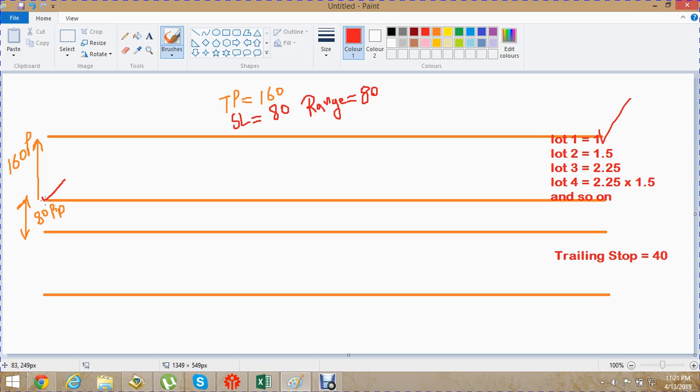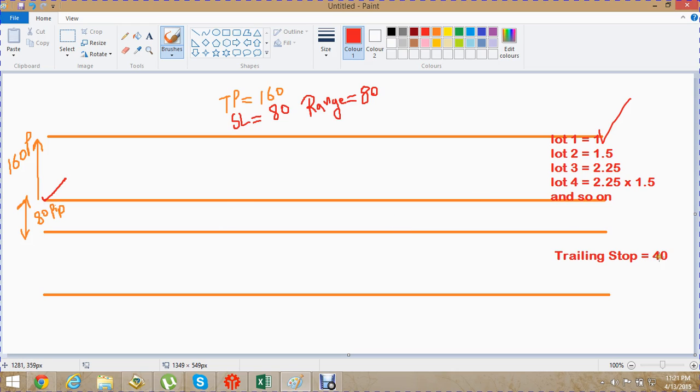I will explain in a moment. But let's say you placed a buy trade at a certain time, and as soon as you place the trade, it will have 80 pips SL, 160 pips TP and